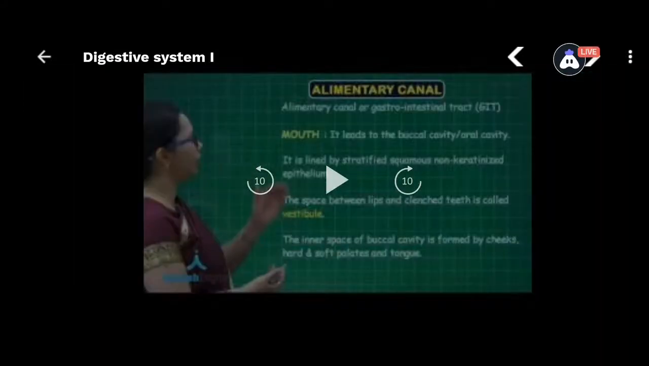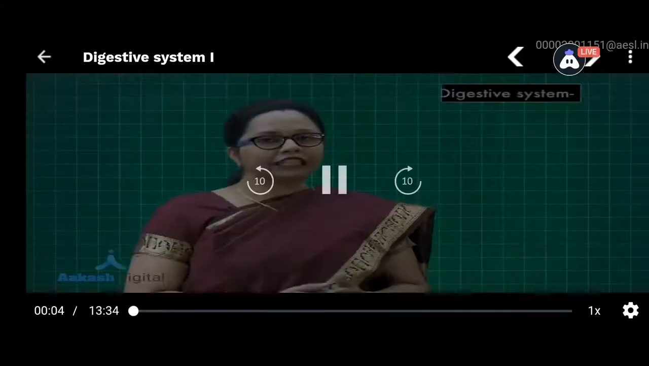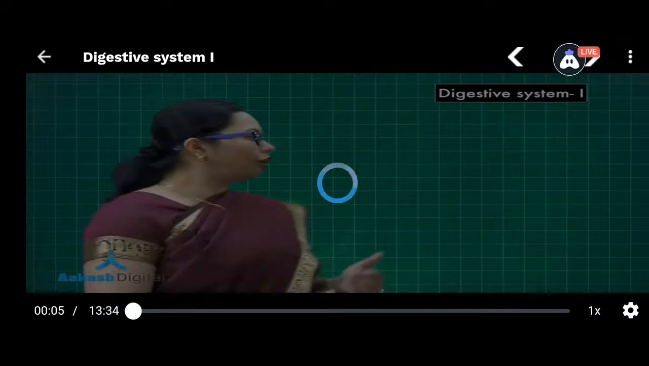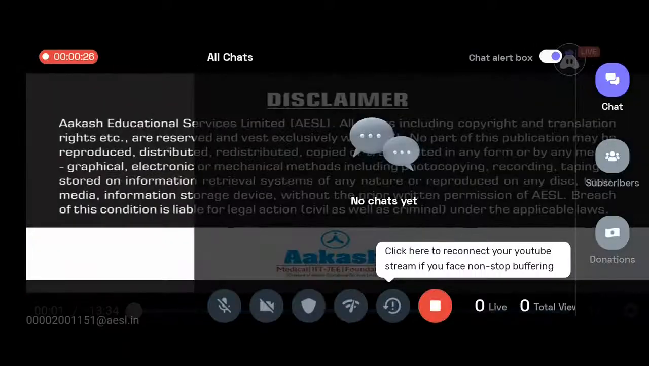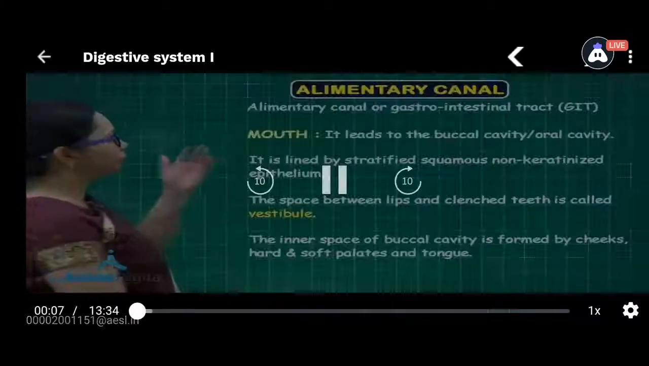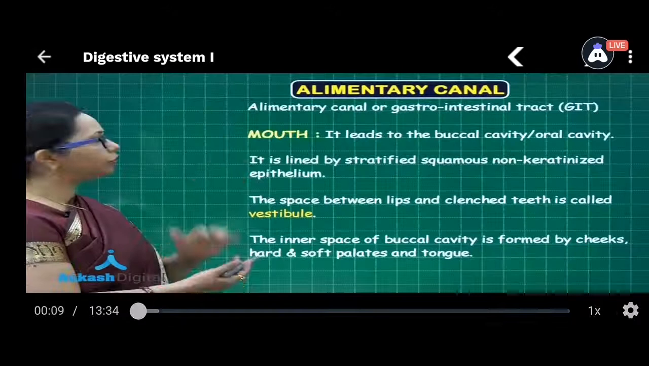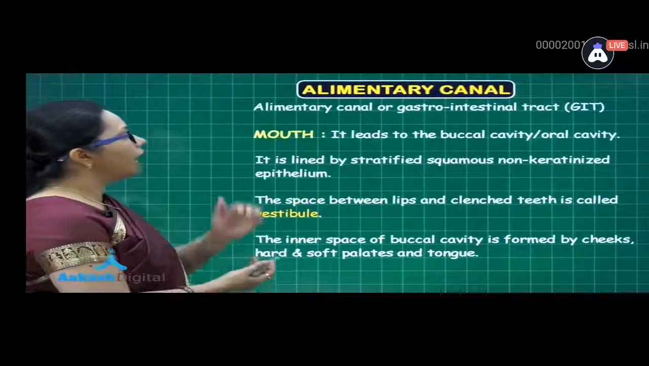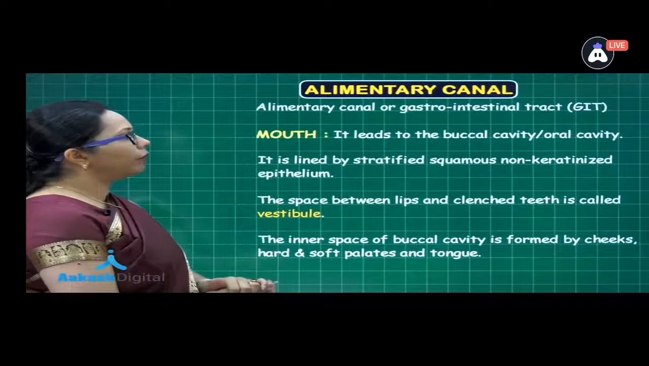Starting with the detailed study of the human alimentary canal. So the first part of the alimentary canal, beginning from the mouth, is leading into the buccal cavity,